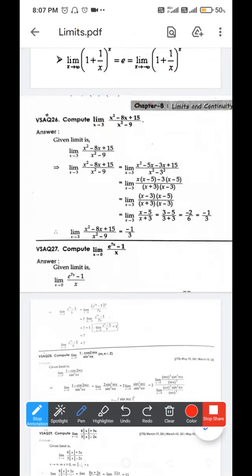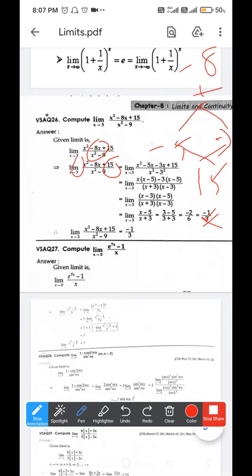So what we have to do is change it a bit. How are we going to do that? Factorize minus 8x. 15 is 15 into 1, right? So write 15. Here, minus 8x. If we add or subtract, we should get this, and if we multiply, we should get 15. How is that possible? Minus 5 into minus 3 will be plus 15, but minus 5 minus 3 will be minus 8.